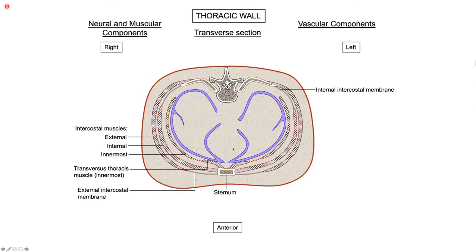And then we can see the posterior mediastinum, the middle mediastinum, and the anterior mediastinum. Look how small is the anterior mediastinum. This is the middle mediastinum, and there we'll be having the pericardium and the heart. And then here we'll be having all those big tubes, which we have learned in our previous session. So that's my pleural cavity.